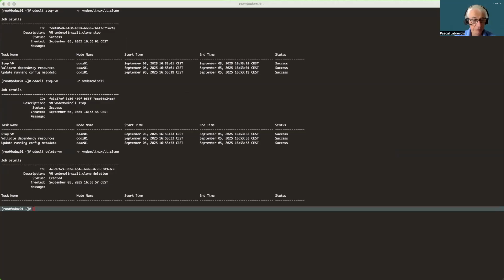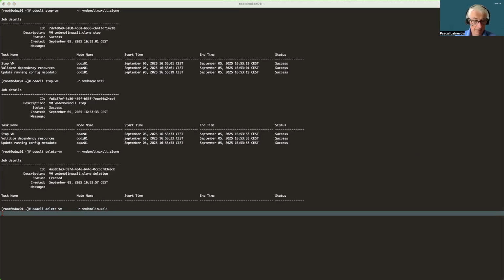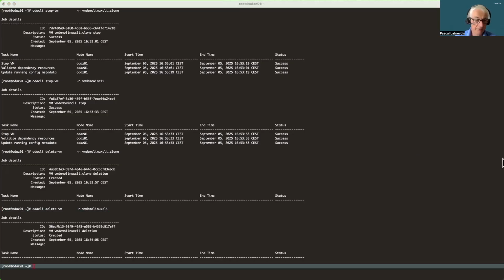I can now delete the clone via the ODACLI delete-vm command. So deleting the source VM, deleting the Windows VM.